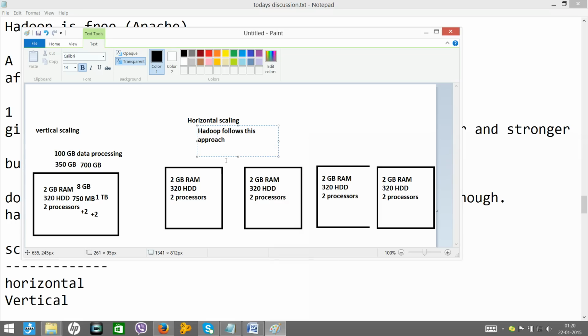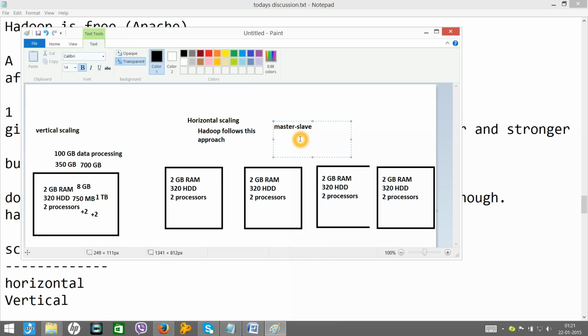Now Hadoop basically follows this approach completely. It says if you want to process big data, a huge amount of data, not to worry, just give me a lot of small computers. I will take care of distributing the data among these nodes, these workers, and the workers will work as per your instruction, which the programmer writes. Finally the data will be collected and given to the end user. So Hadoop is basically used to process a huge amount of data.